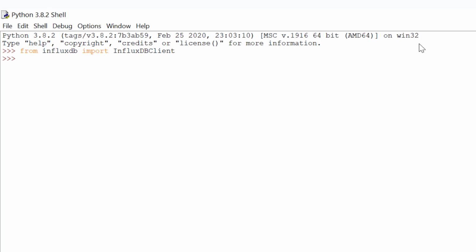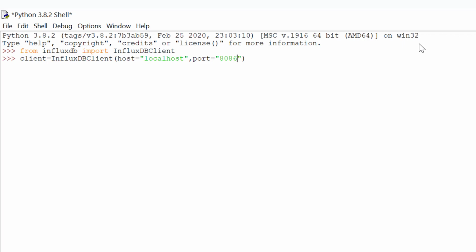Now next thing we have to do is create a client object, and we can do that by instantiating this InfluxDBClient and by passing certain arguments like host name, port, and in case authentication is there, username and password. So right now I'll pass host, and in my current case where my InfluxDB instance is available locally, I'll give localhost and port equal to 8086.